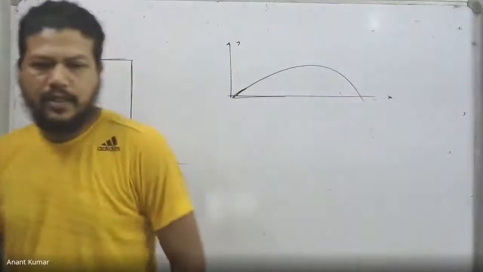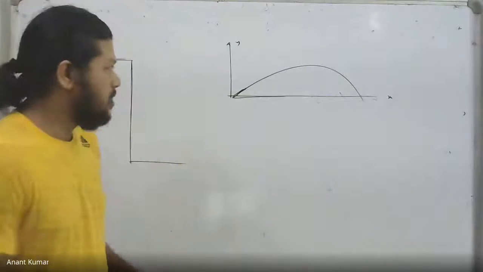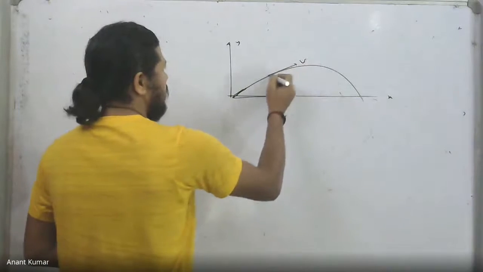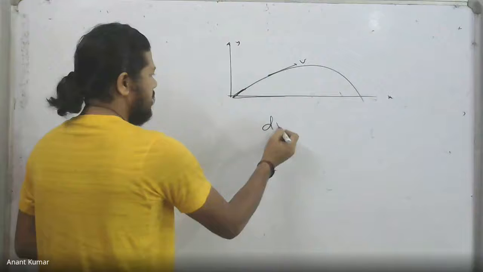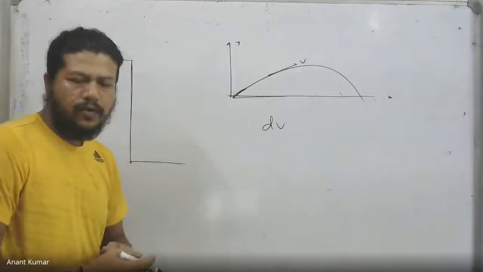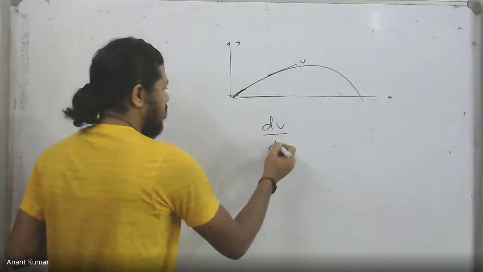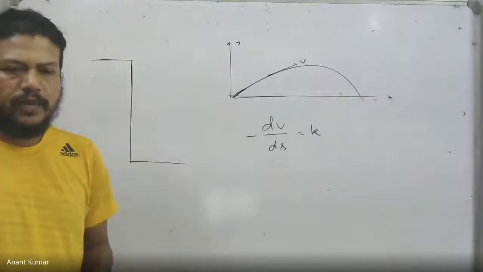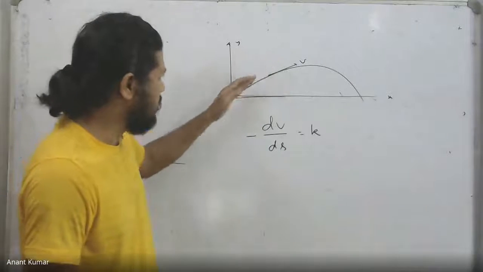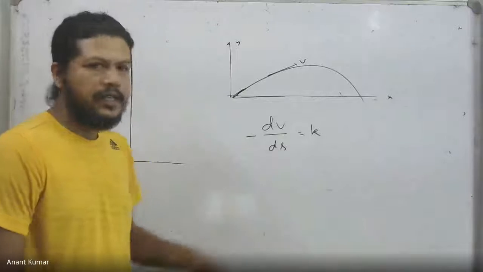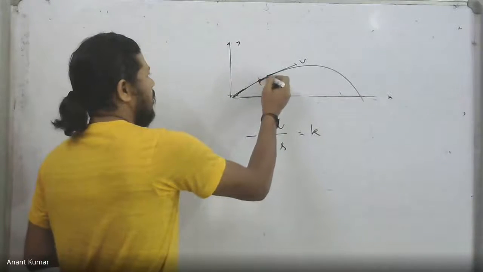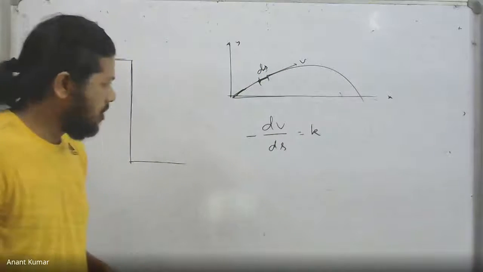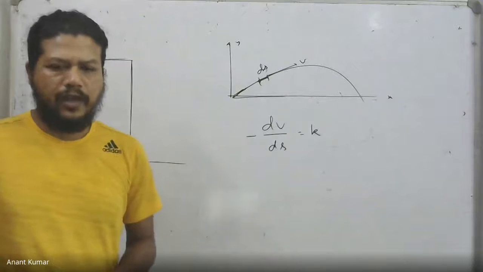This gives us a very realistic situation. In this case, if I consider the given information, it says that the speed is v along the path. It says that the speed reduces along the path at a rate k, which is 0.1 meter per second per meter. So as it travels along this path, ds, ds is the path length along the curve,